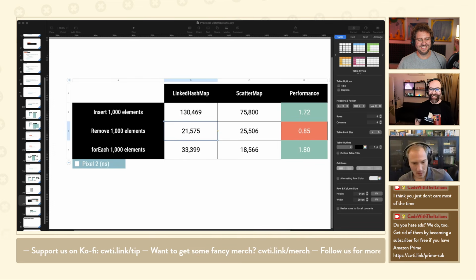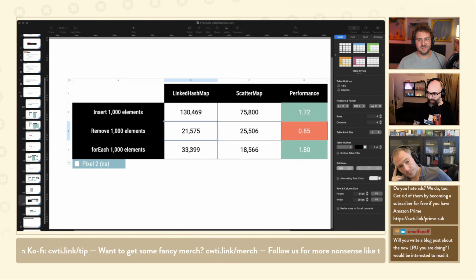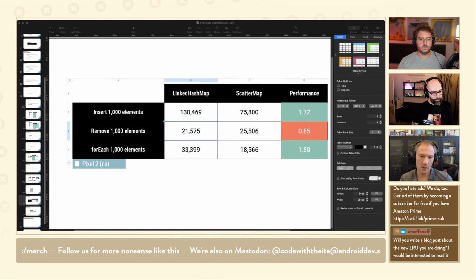Yeah, so Simofonov is asking, why not directly change the normal HashMap? The main reason is the semantics of the interfaces of the standard map. The reason why scatter map does not implement the map interface is because the map interface forces you to implement, let's say, dot entries or dot keys or dot values, and those return entry sets and value sets that are themselves objects. And to iterate over those objects, you need to call dot iterator that creates an iterator. So implementing the map interface would funnel you into the code path we want to avoid.